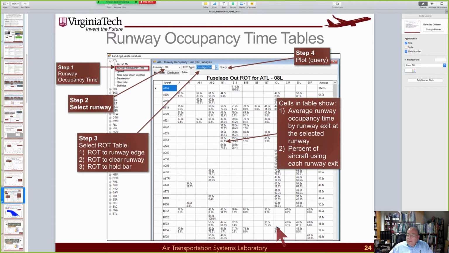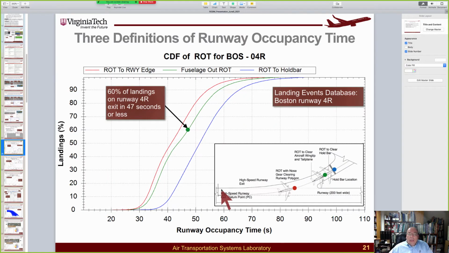I have one particular question. It's in regards to the ROT to hold bar times. Yep. So the question I have is, for high altitude airports, does that ROT to hold bar account for the elevation adjustment for the hold bar itself, or is it just a standard hold bar distance for the category of aircraft? No, it actually accounts for the high elevation airfield because the hold bar location is one of the